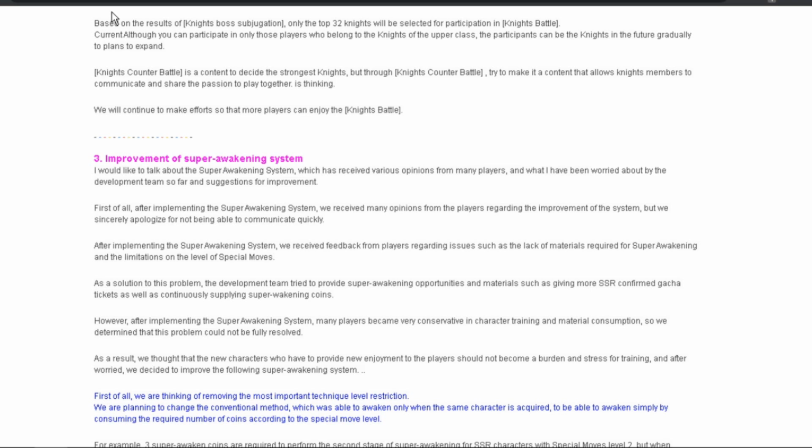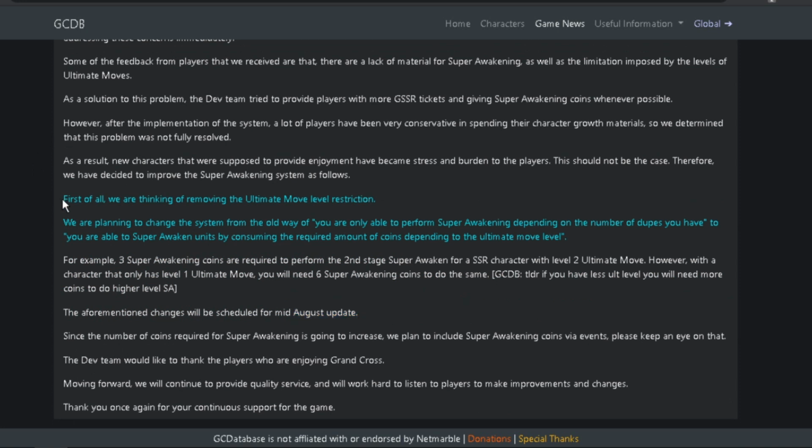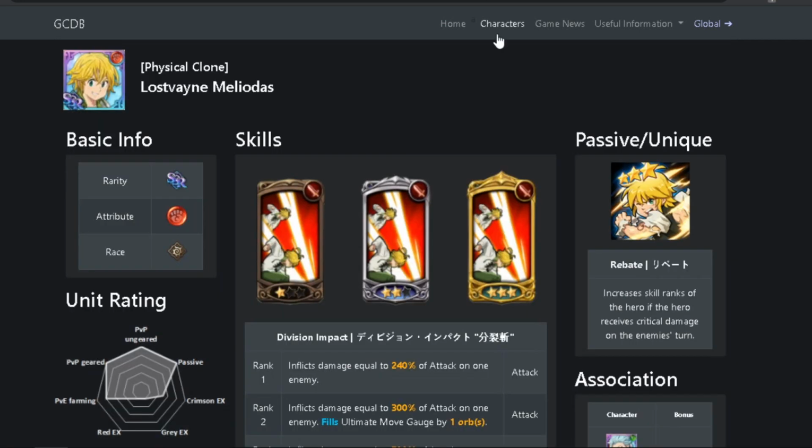As you guys know, we got dev notes here for the Super Awakening changes. I'm going to go over them in the GC database because of the way it's set up. As you can see, we have the changes right here. They're going to be removing the ultimate level restriction from Super Awakening, which is going to make it so that you're able to get your Lostvayne Meliodas to 4-star Super Awakening without having to have dupes. So once you get the first copy of Lostvayne, you won't have to worry about pulling dupes for Lostvayne, right,